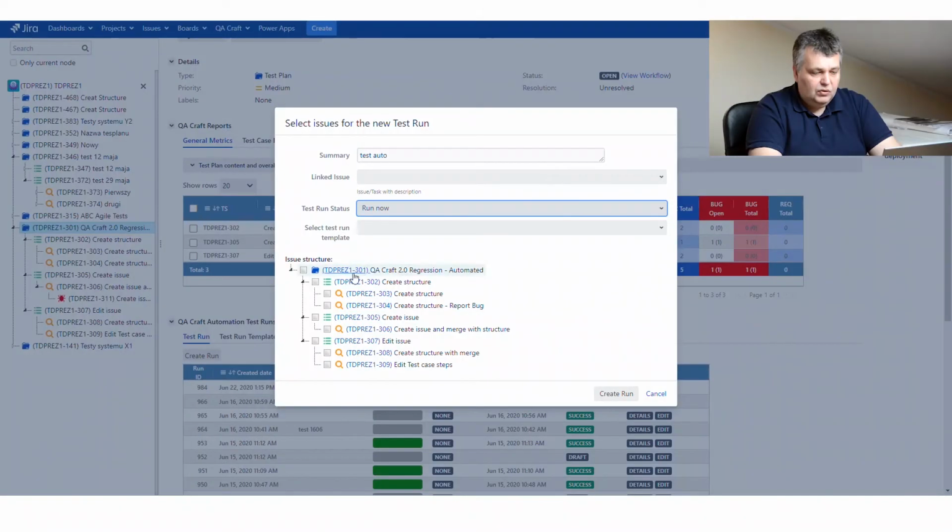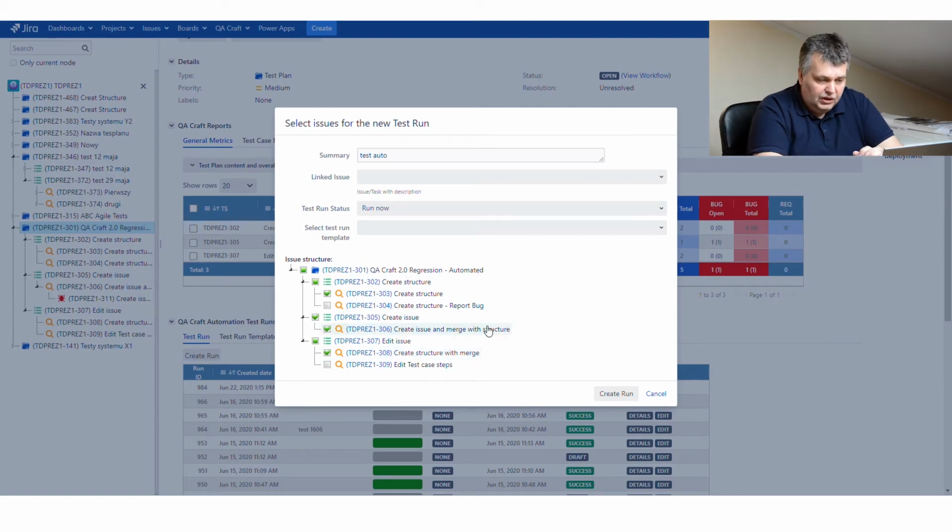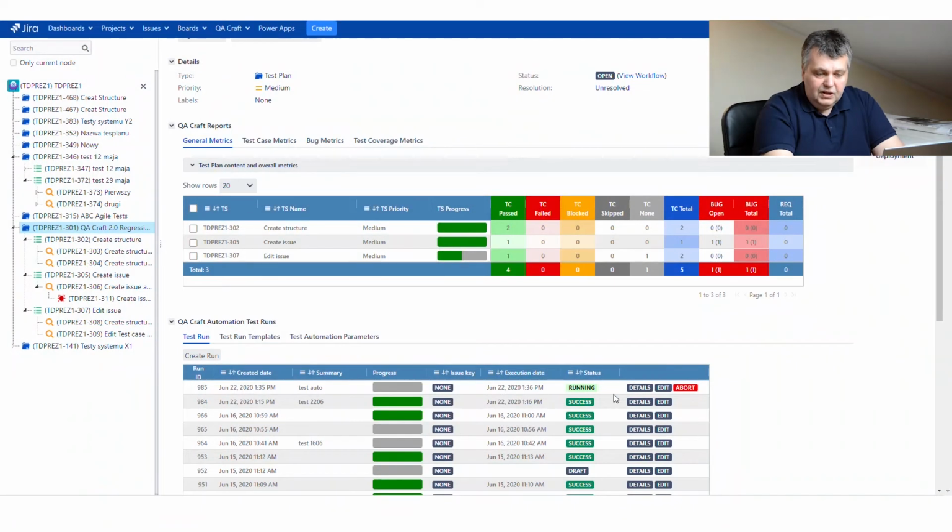So what else is left for us? In this particular test case, we are left with 5 automated tests. Let's say that we choose one from each test suite. After creating such a test run of automated tests, we have already received information from Jenkins that someone decided to run such a specific set of tests,